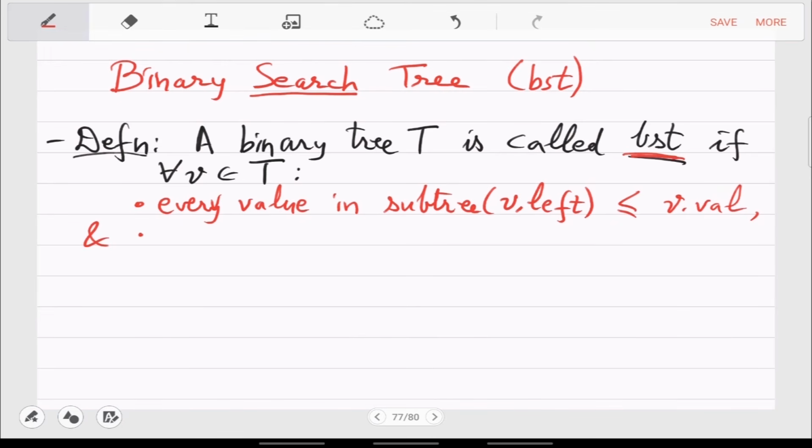And every value in the subtree of v dot right has to be greater than v dot val. Okay, so left is less than equal to parent is less than equal to right. This is what makes a tree BST.